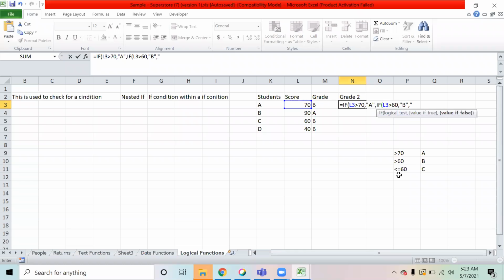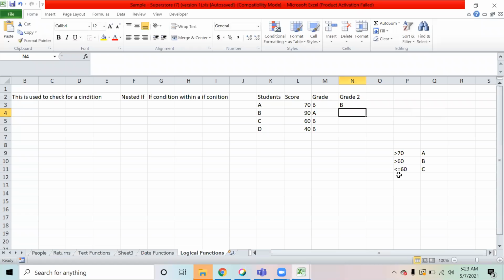That means it is C. So this is how I can create my three conditions. Okay. I hope you were able to get it. Please try this.